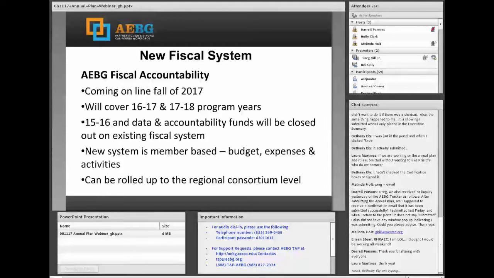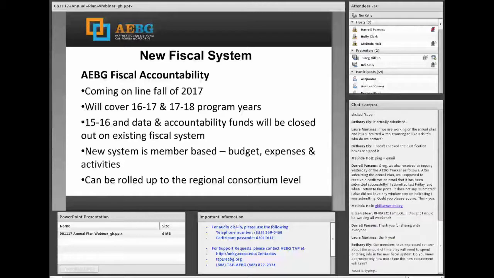More to follow on this, but I wanted to give you a heads up that we are working with a focus group of people around the state, some of our fiscal experts at the local level, to give input to help us make a better system.